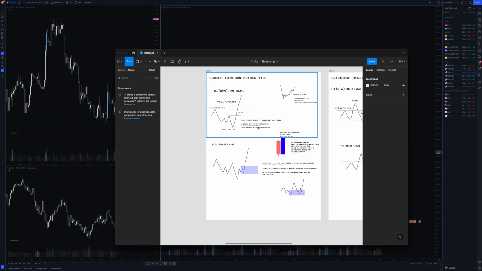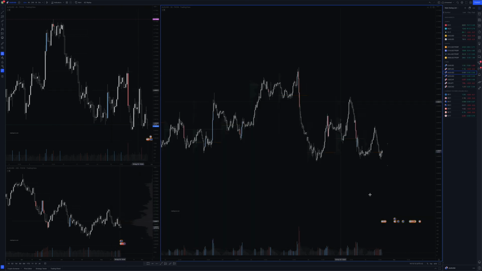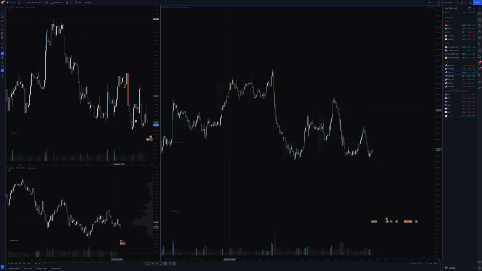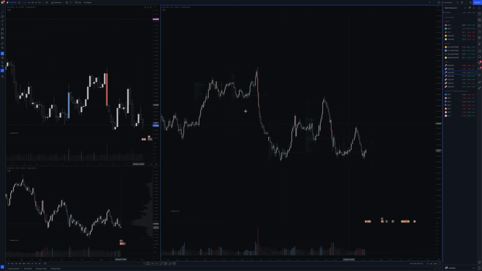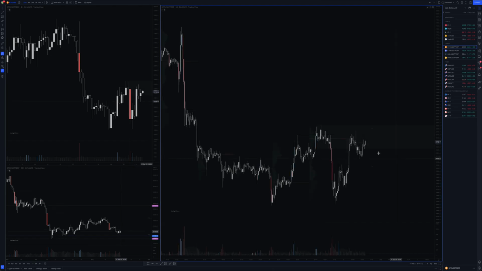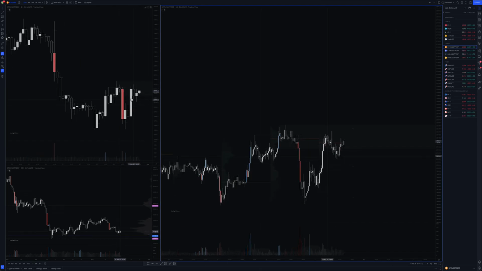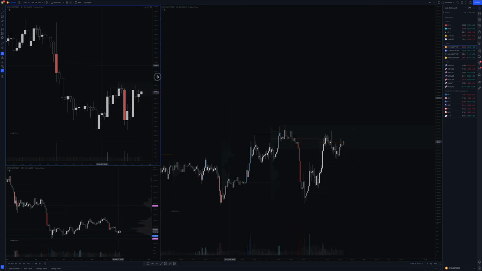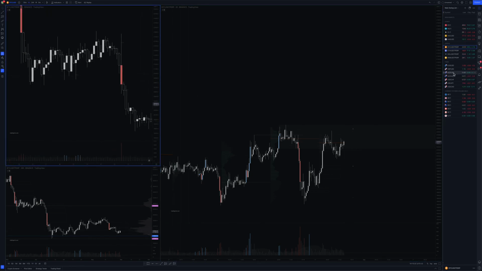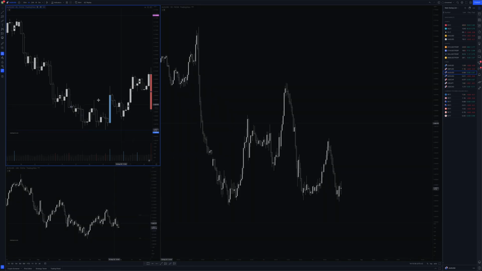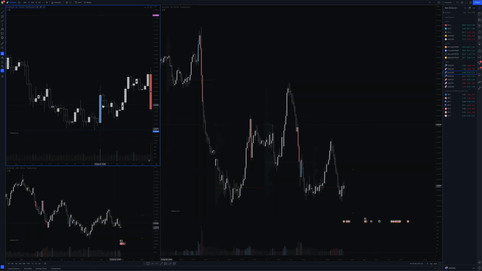The second one is the liquidity gap move. As I don't like to credit ICT, there is this fair value gap indicator on TradingView. It does the job when it comes to what I consider to be a liquidity gap, which is obviously this kind of a move from the level. I'm going to show you this on this AUD USD. Ideally you want to have this candle to have a high relative volume. That's kind of an extra